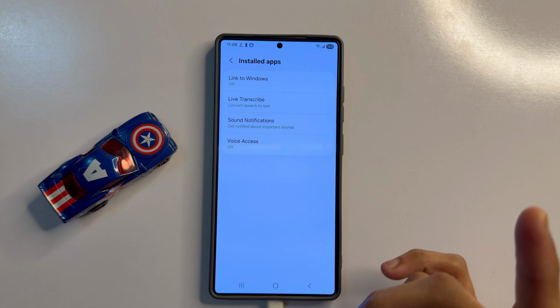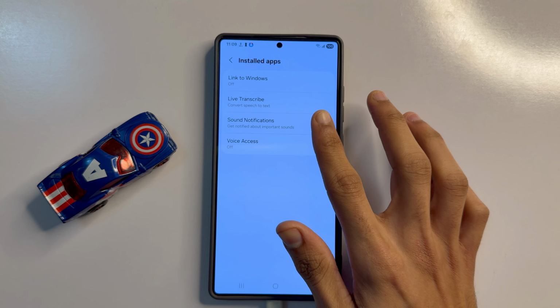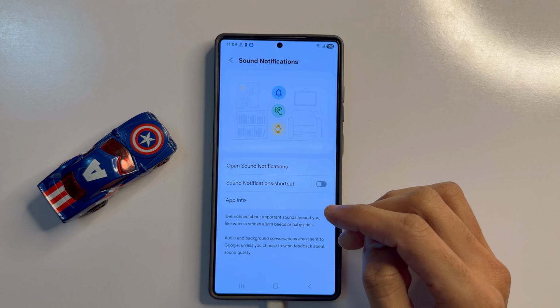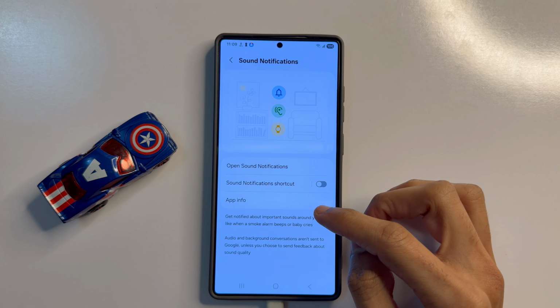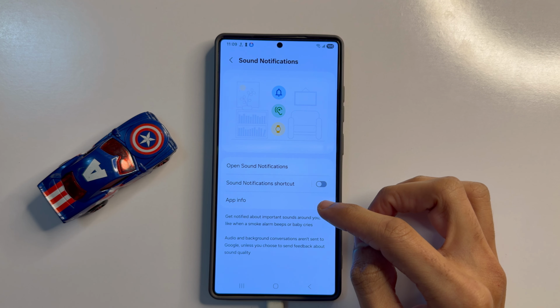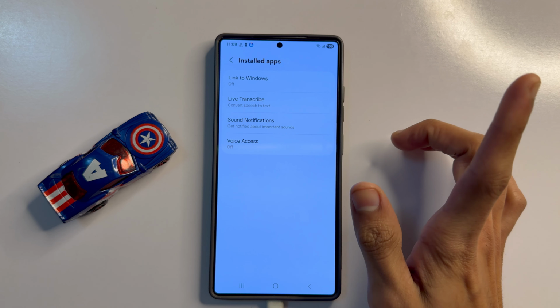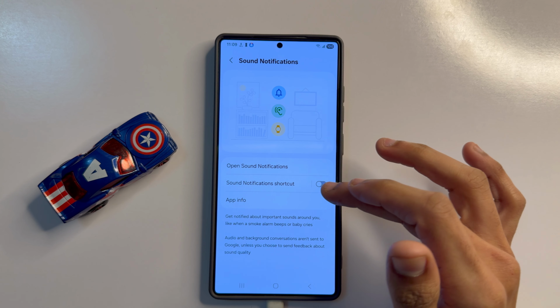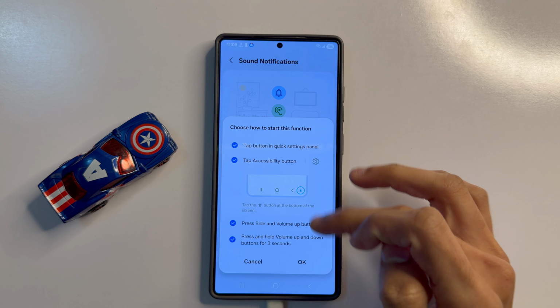So after clicking on installed apps, now here I'm showing you sound notification. So click on select to speak. After clicking on select to speak, first of all turn on this button and click on all and